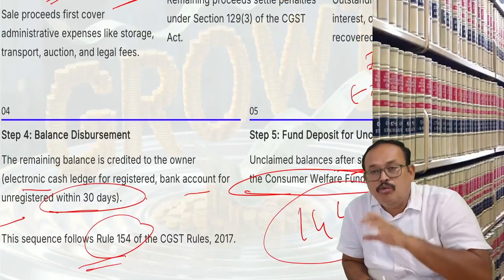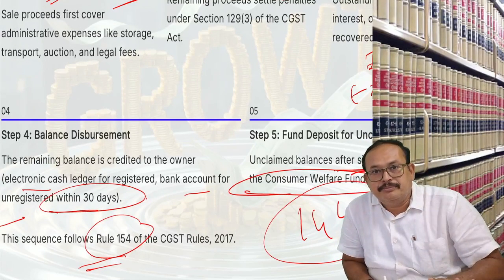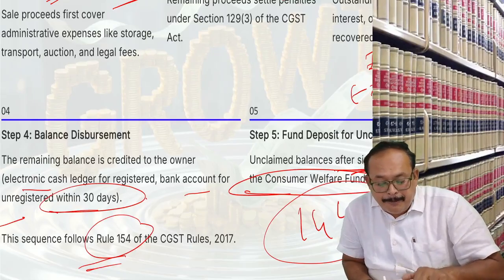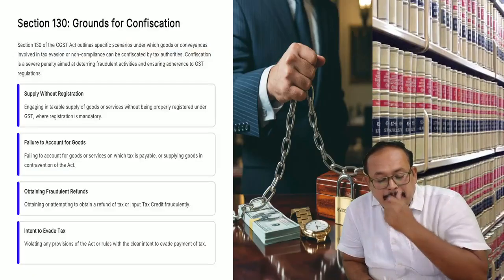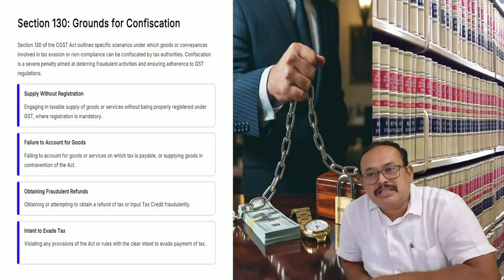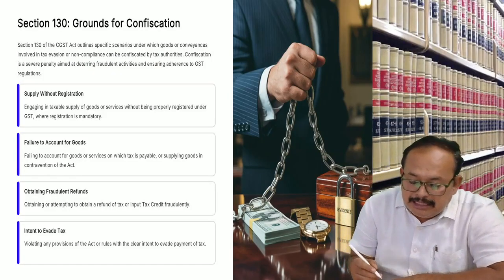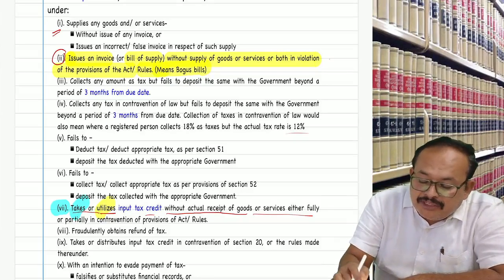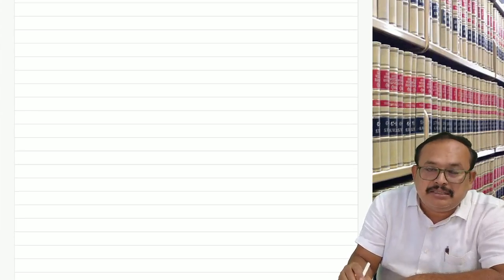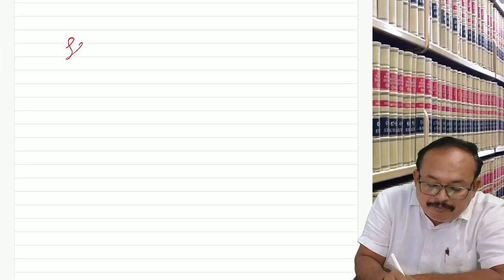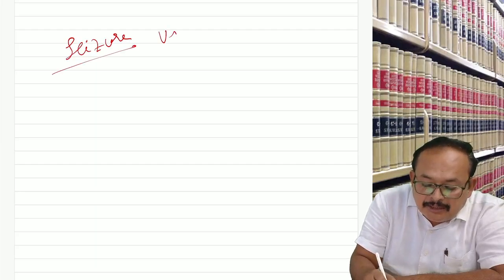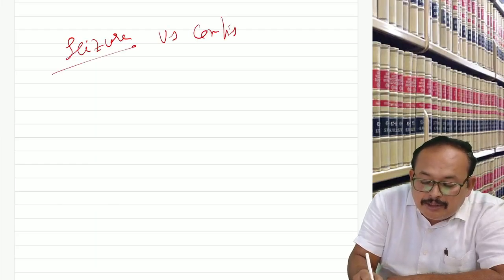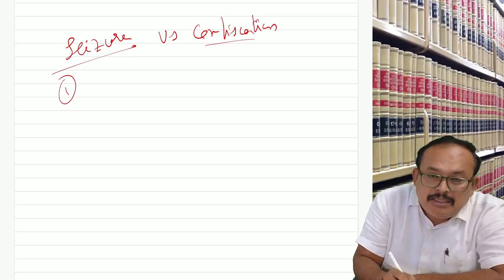With this, 129 is over. Coming to section 130. What is that? Confiscation. Sir, what is the exact difference between what we call confiscation and seizure? See here, seizure. Here, confiscation. Seizure,